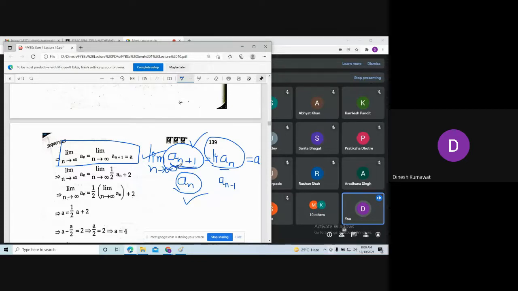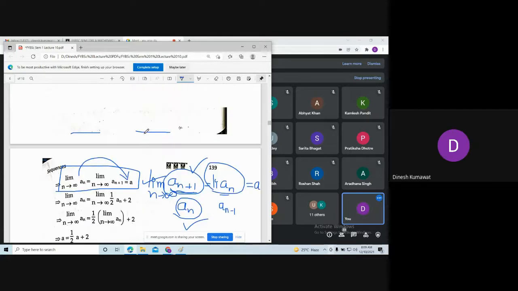Whenever the limit of the sequence exists, then it has to be unique. That's why I already told you we are going to check the limit towards the tail of that sequence, and if you skip the first few terms, the limit doesn't change. So please remember this statement, it is quite useful. Whenever the limit of An plus 1 converges to a, then the limit of An also converges to the same limit. Is that clear? Yes, sir.